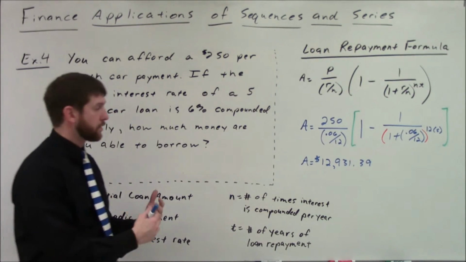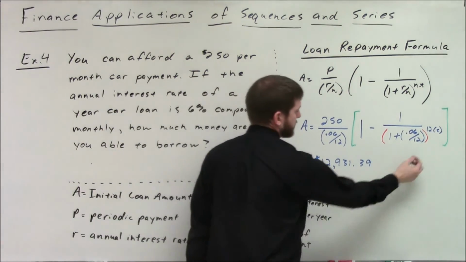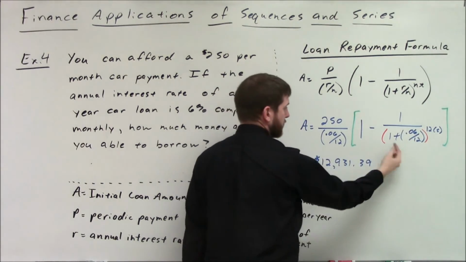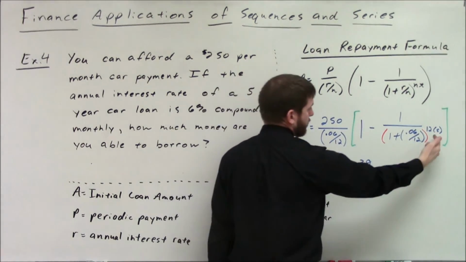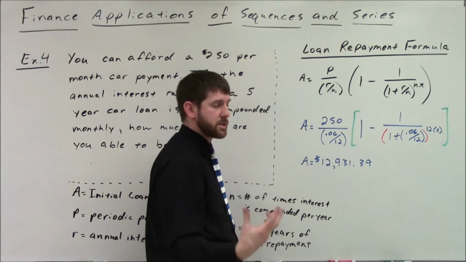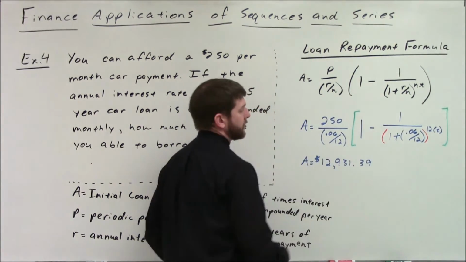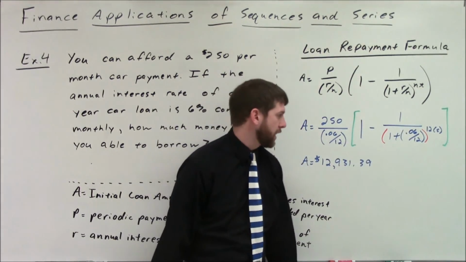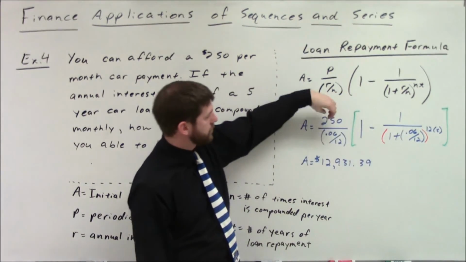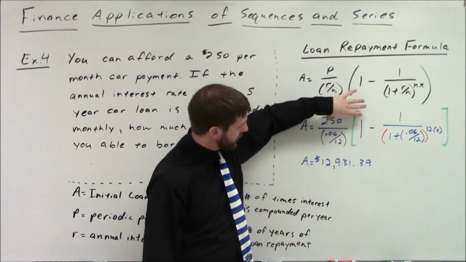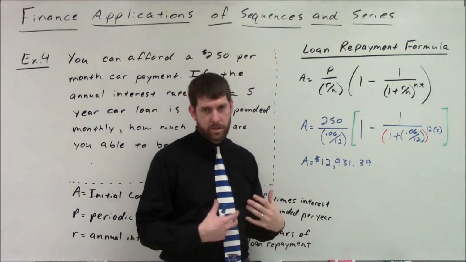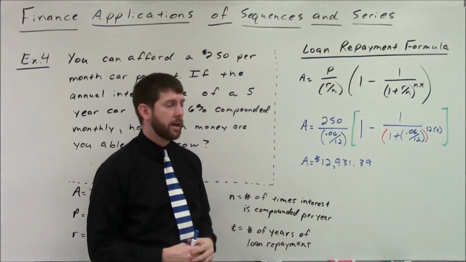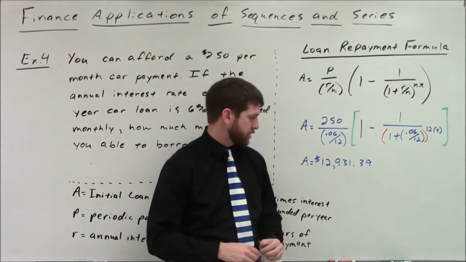Go through and, just like on the last one, what I would do if I'm typing this in is type in 0.06 over 12. Get that answer and then hit +1. Get that answer and then raise it to 60, since 12 times 5 is 60. Get that answer. And then I'll do 1 divided by that value. Then I'll do 1 minus that value. Then I'll do that value times 250. And then that whole value divided by 0.06 over 12. So start on the inside, work your way out. And you should get to the